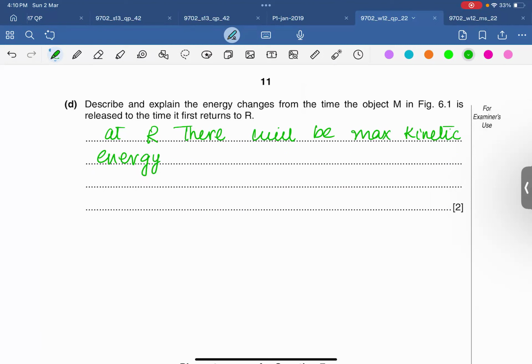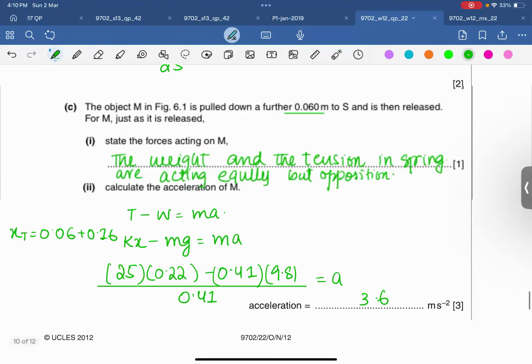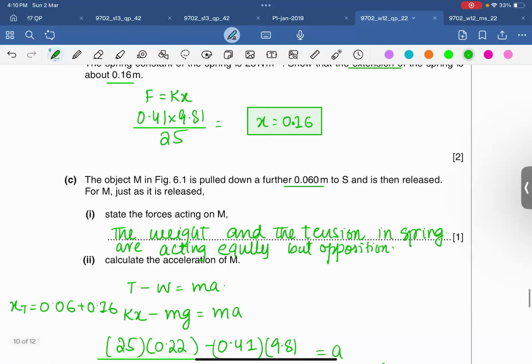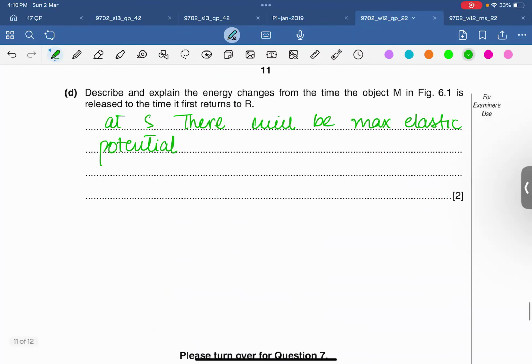Sorry, maximum, that was wrong: maximum elastic potential energy, not at R but at S, because initially it was released from S. So initially at point S there will be maximum elastic potential